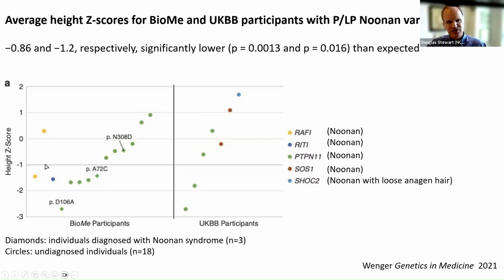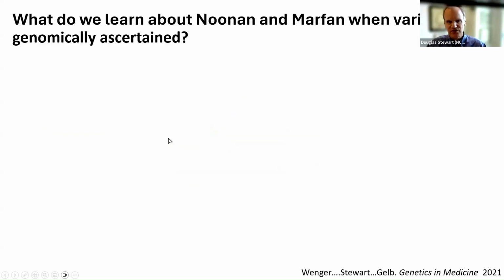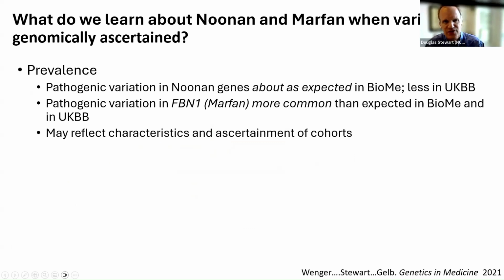And the other interesting thing is, again, yes, many of them are short, and as a cohort, they were significantly shorter, but there were many who were of average or even on the taller side. And I think this was quite a surprise. So just briefly, what did we learn from this? Well, I didn't have the time to show you the data, but the pathogenic variation in Noonan was